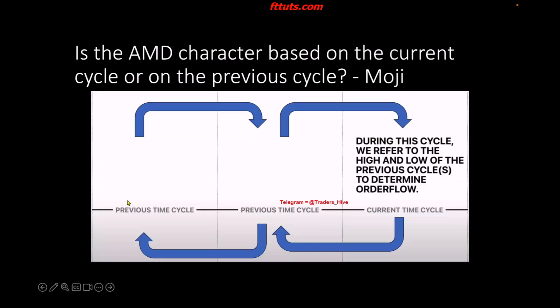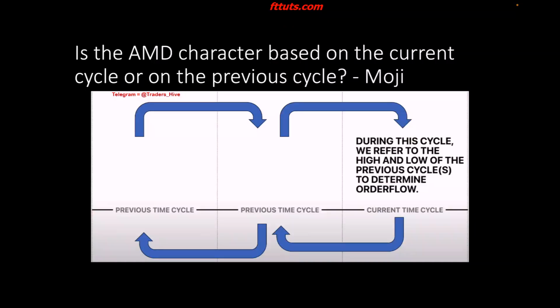And we, for example, say, okay, let's say that this is the morning session that we're looking at. Then we have the first 90-minute cycle here, the second 90-minute cycle here, and the third 90-minute cycle here. What we're consistently doing is that we're looking back to the previous cycle, besides, of course, during this cycle, because there's no cycle to look back onto. Surely we can look back at the cycle of 5:30 to 7 a.m. and we can pay attention to the highs and lows of that cycle and the cycle prior, the cycle 4 to 5:30 a.m. However, what we need to understand is that technically speaking, a new AMD function has begun.